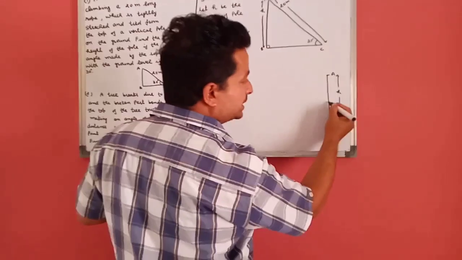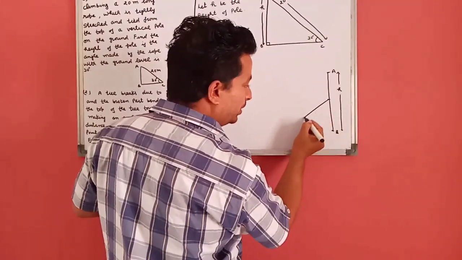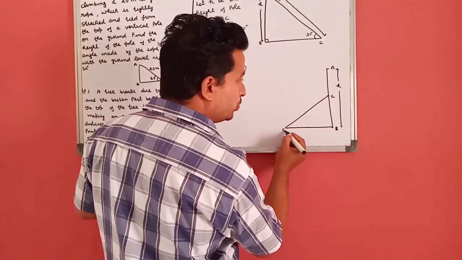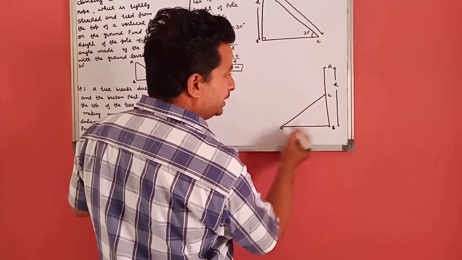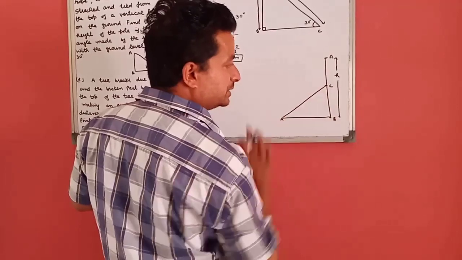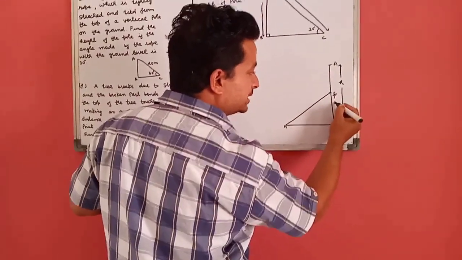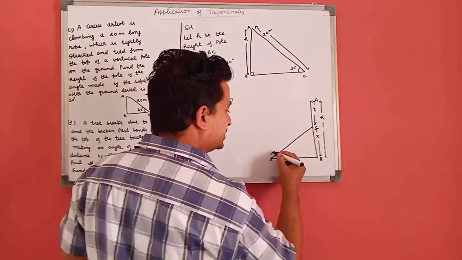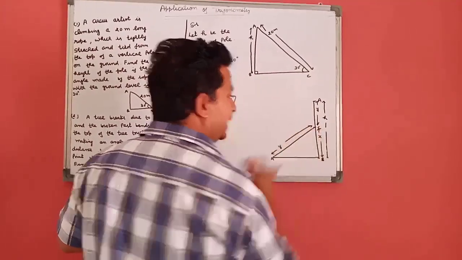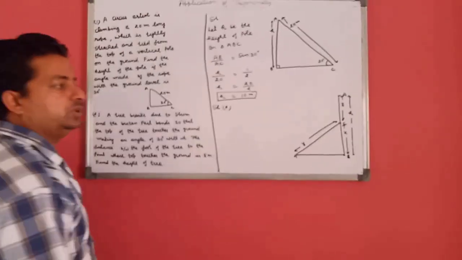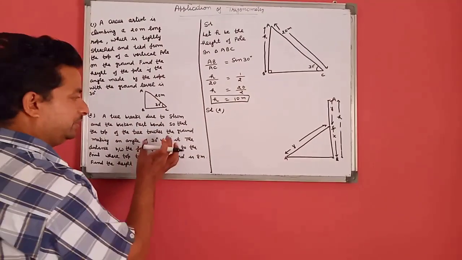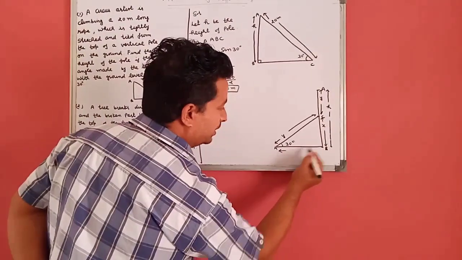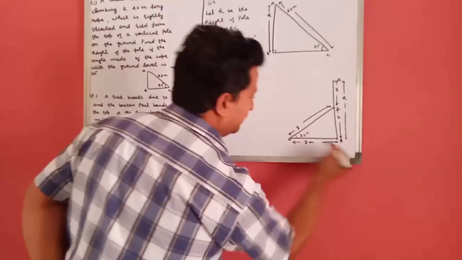Due to the storm, this tree breaks and the broken part bends towards the ground. This is point C. This is also point A. This means this distance AC, this distance AC, both are equal. Suppose that this is X and the part which broke is Y. So this distance is also equal to Y. And the height of the tree is H, which is equal to X plus Y. The angle of elevation is 30 degrees and the distance between the foot is 8 meters.